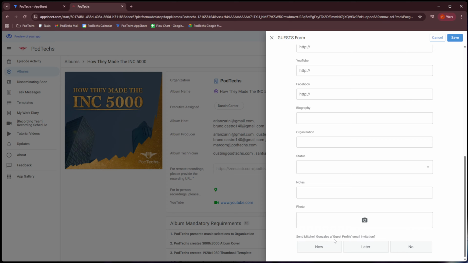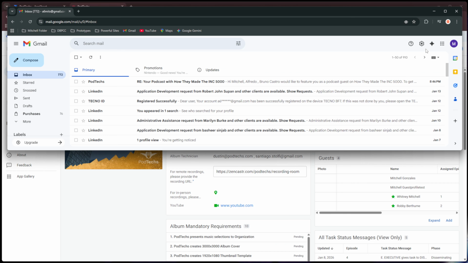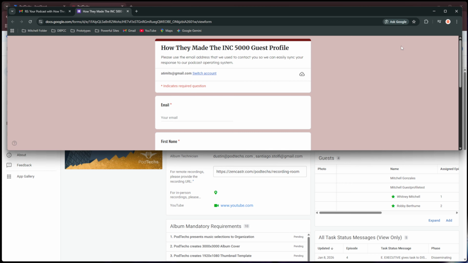Send Mitchell Gonzalez a guest profile email invitation. Now I will save, and I'm going to take a look at my email. And here's the email I received where there is the guest profile. I will click that